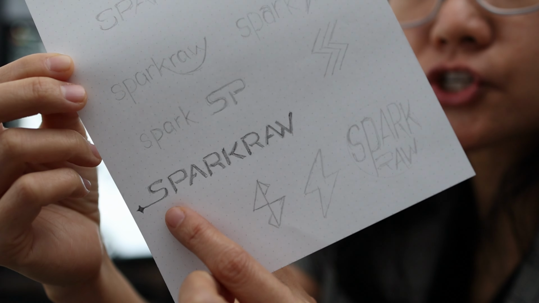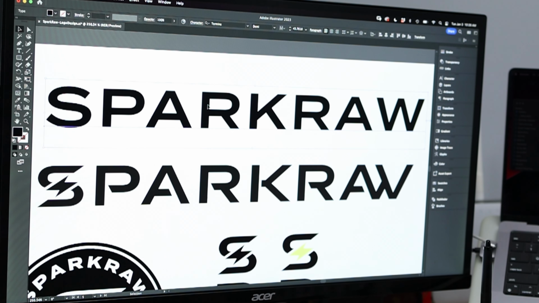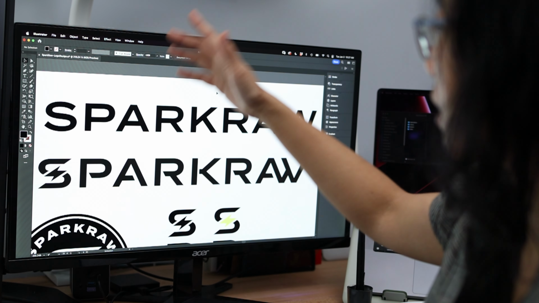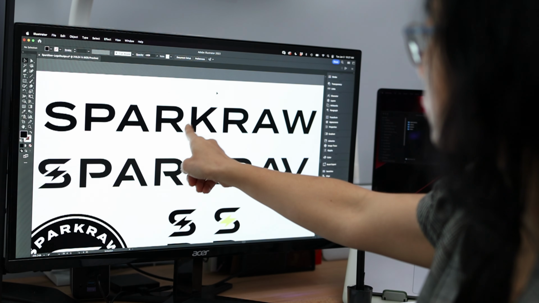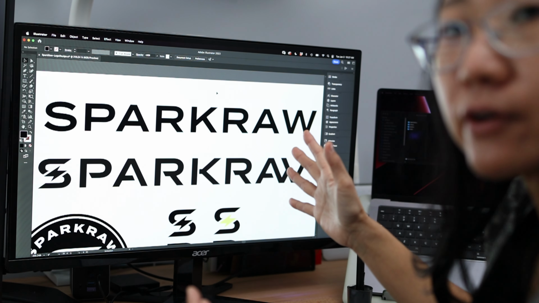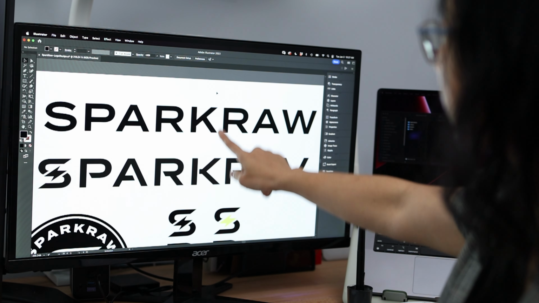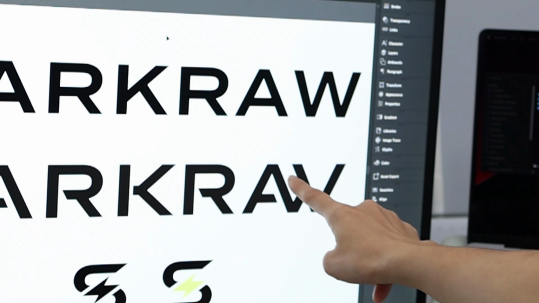Here is the initial sketch, and then I brought it into Illustrator. I started off with a font that I liked, but there were some other elements that I want to customize. For example, I had these little cutouts in the P and the A, so they're all in these little slanted directions. I really liked the P's and the R's and how they were shaped, and they were a little bit wider of a font. However, I wanted to do something a little bit different on the letter K, and also to combine the letters A and W, just kind of connecting that.